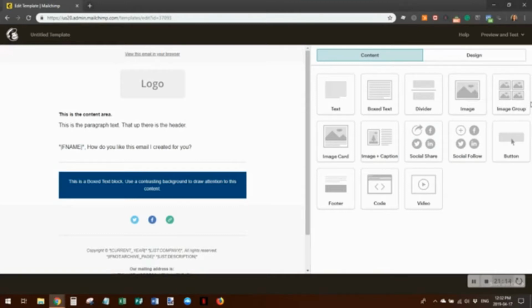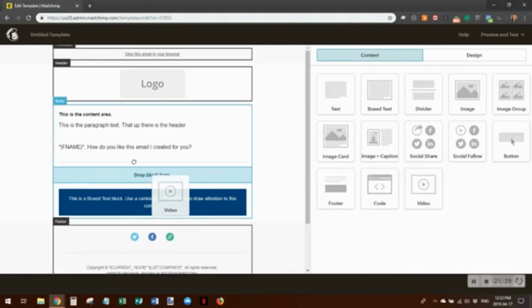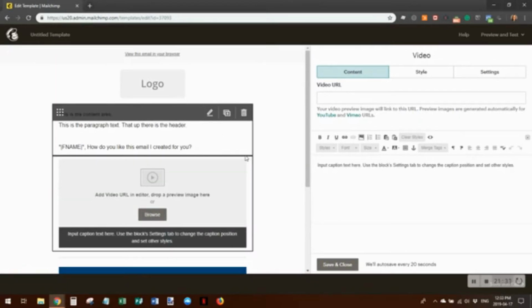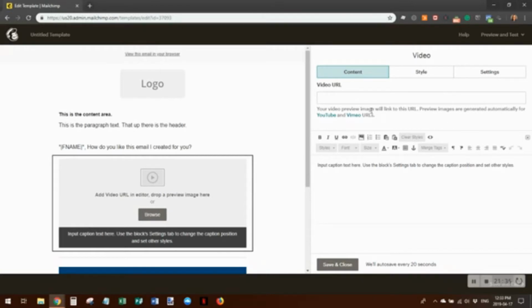An image group, an image card, image and caption, social sharing, social following, buttons, footer, code. If you have a little code snippet that you want to add to your email, then you would use this part here. And video. Do keep in mind, if you want to add video to your emails, you are required